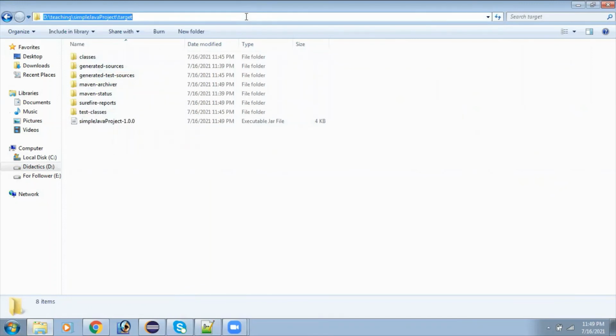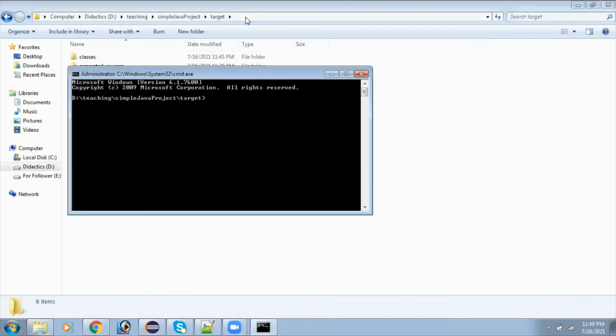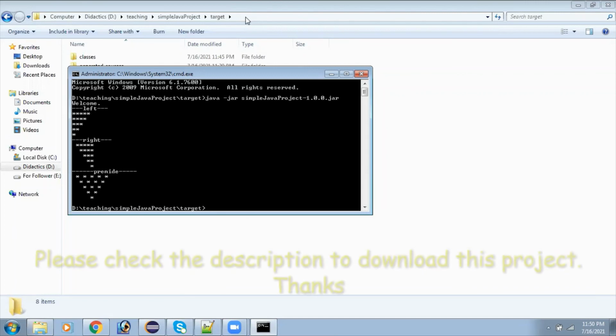There is a location. So this is our output. This is how we have to run our executable jar. You can take this jar and run it anywhere, on any system which has Java installed.